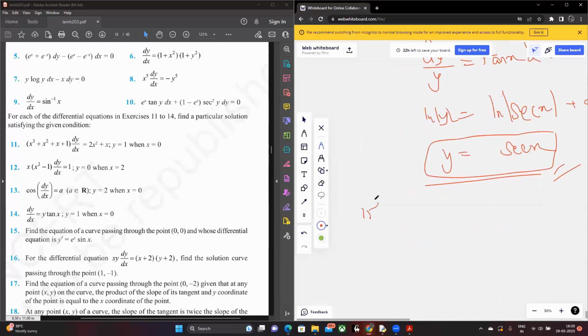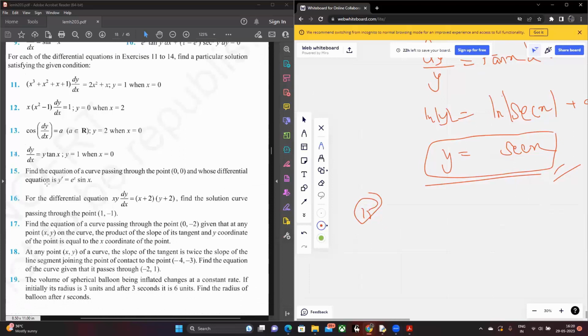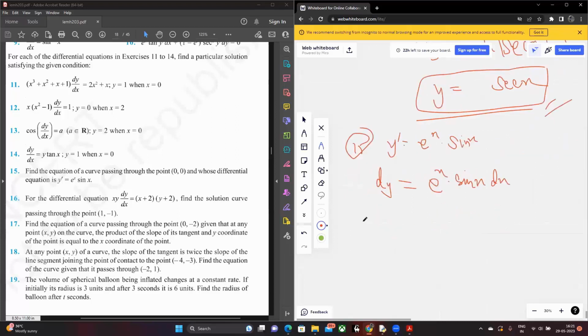Now 15. Find the equation of a curve passing through the point (0, 0), and whose differential equation is y' = e^x sin x. Right? y' equals e^x into sin x. This means that dy equals e^x sin x dx. This means that y is equal to